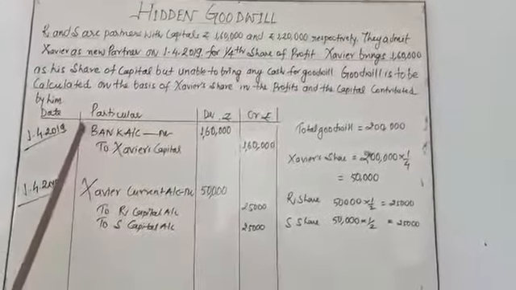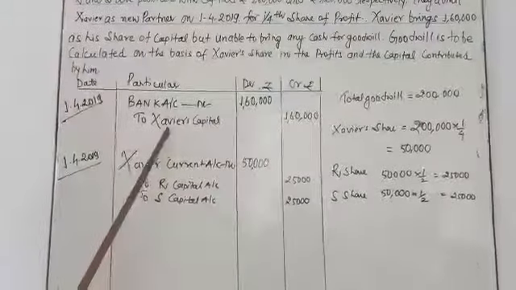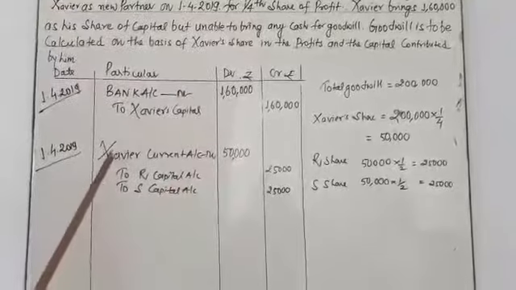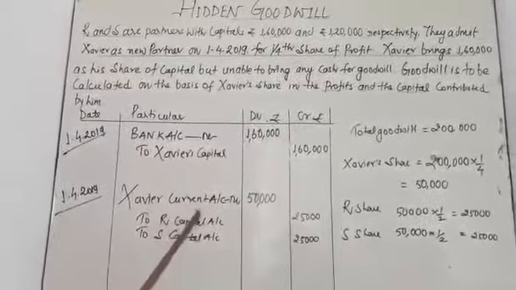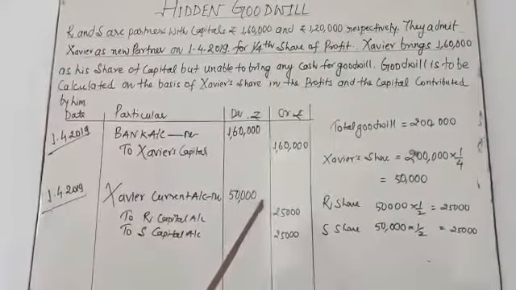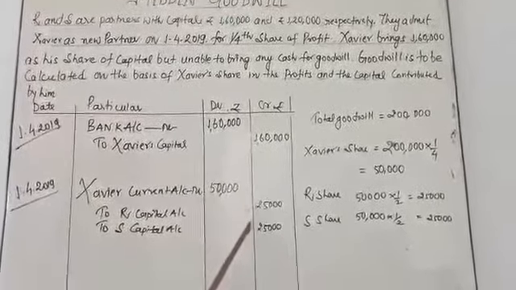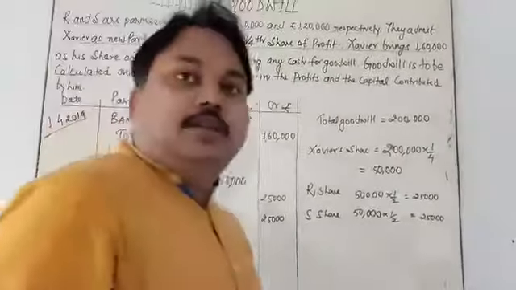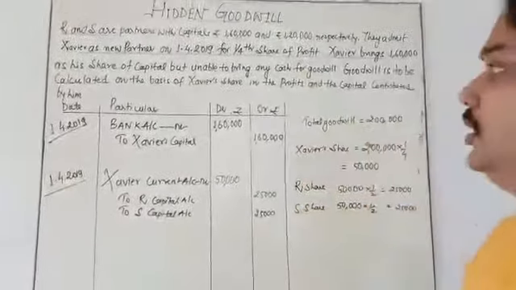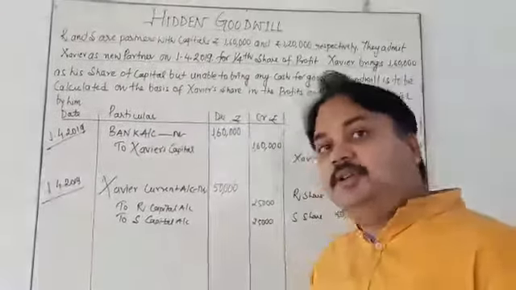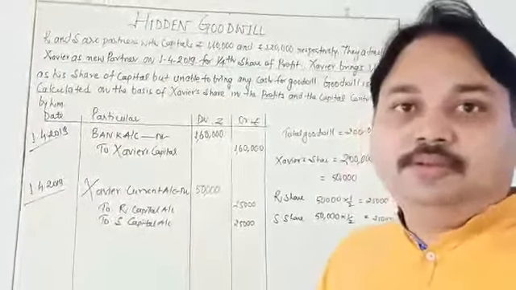So that is the journal entry. Keep in mind, Javier only brings capital of 1,60,000. Javier is unable to bring goodwill in the form of cash. So we have to show the current account of Javier, that is 50,000, and distribute this 50,000 in the ratio 1:1, that is called equal ratio. So in this question you have to understand the topic hidden goodwill. It is very important, so kindly read the question very carefully to see whether the goodwill amount is given or not. Thank you, my dear student, hope you understand well.